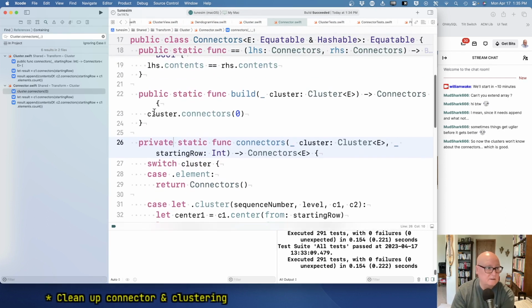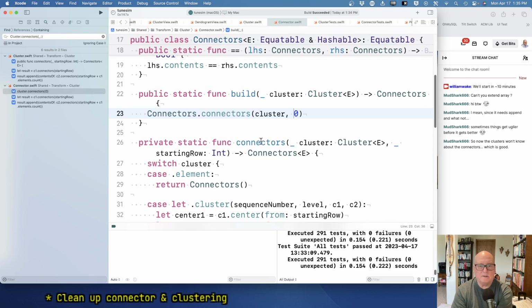And this is zero. Okay, so now when you ask me to build a set of connectors from a given cluster, I say,